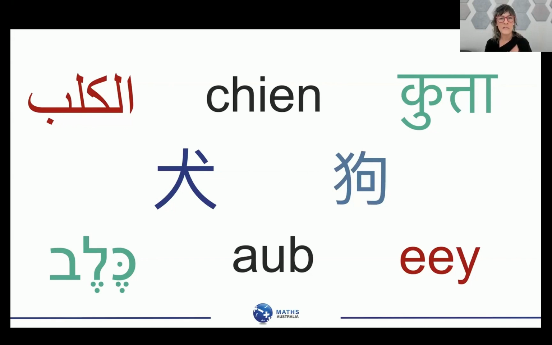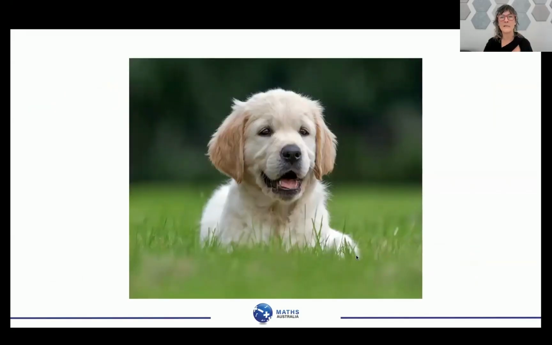Yes, you're familiar with the C, the H, the I, E, N, but that's written in French. And unless you'd been walked through a process, you would have absolutely no idea of what C, H, I, E, N means. You could look at it and make up the sounds from English, but you still wouldn't get it because it doesn't follow the same rules. When you look at some of the others, there's Hindi, there's Yiddish, there's Chinese, there's Japanese. All of these represent this same animal, this dog, yes?